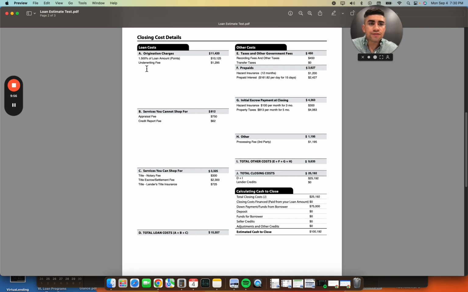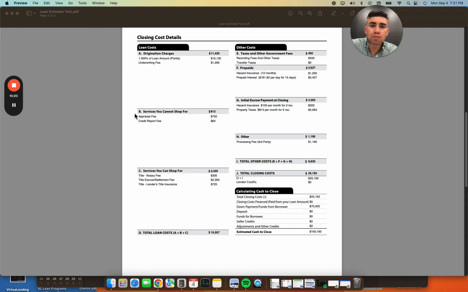Your underwriting fee is the cost that the lender is charging to actually underwrite the file, right? Underwriting is the process of making sure that the file is compliant, that it meets all the guidelines, and basically reviewing all the income documentation, everything else to make sure that you are good to go. Okay, so moving on here,